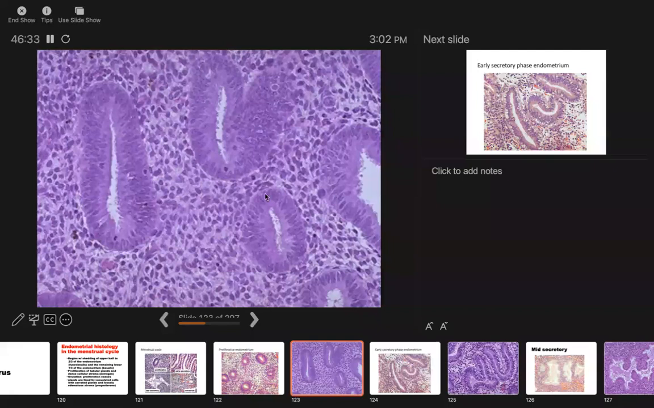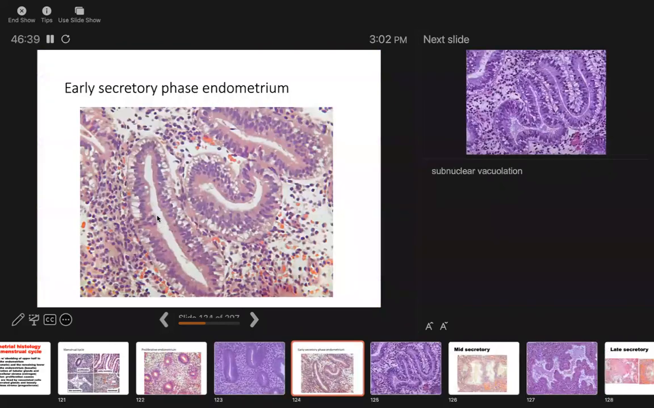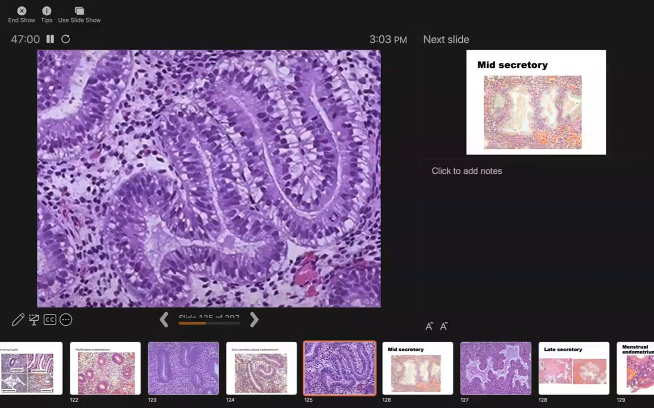First, the secretory vacuoles are expected to be beneath the nuclei. So that is your nucleus right on top near the lumen, and that is your secretory vacuoles underneath. Now, this is what we call subnuclear vacuolation. When this is present, this is telling you that this is secretory phase, and eventually the basal vacuoles then move